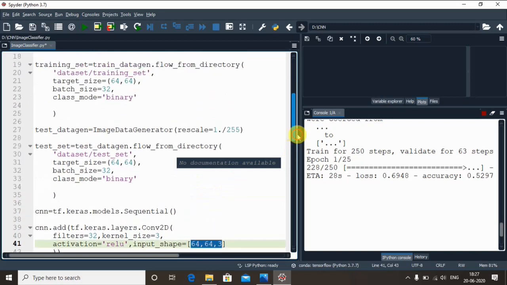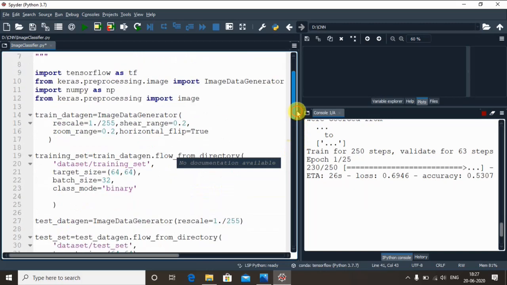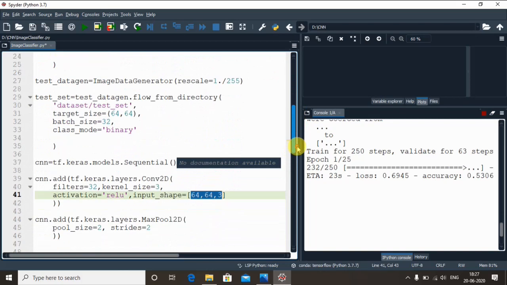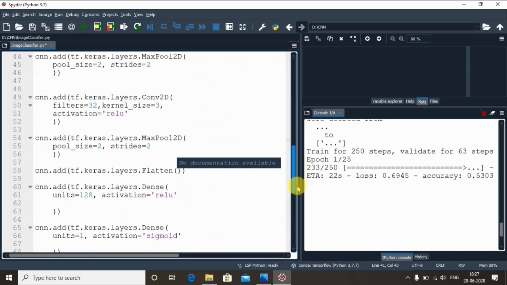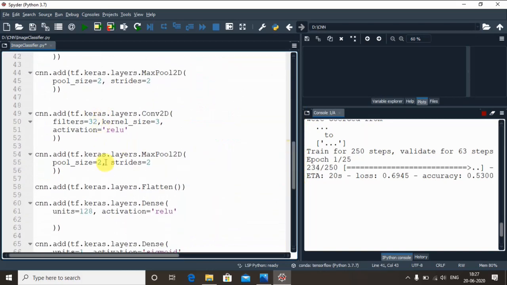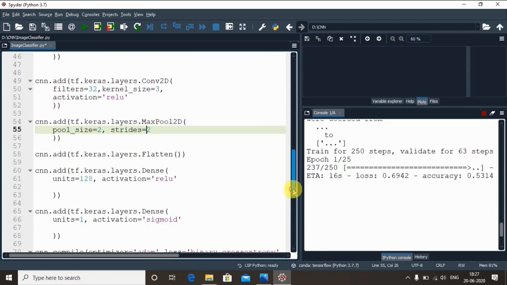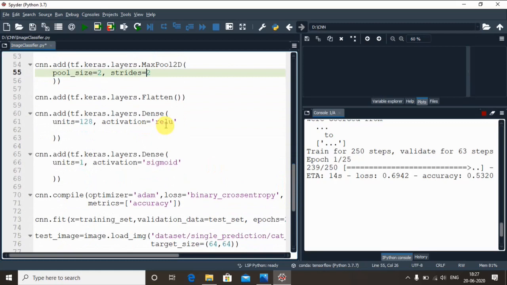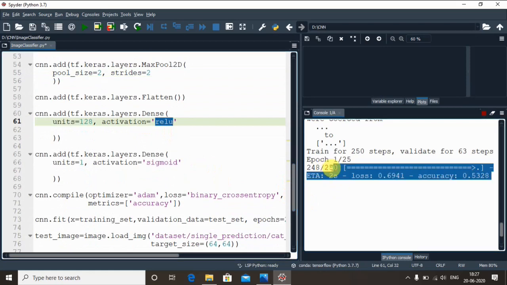Please don't rely on the same values I had given here. You can also change the values. There are no standard rules. Even the pool sizes as well as the strides you can change based on your use cases. And even ReLU to sigmoid or softmax, you decide for your research work what is best suited. I think we have almost reached our target number of steps.